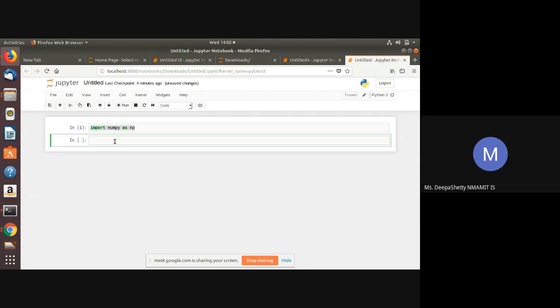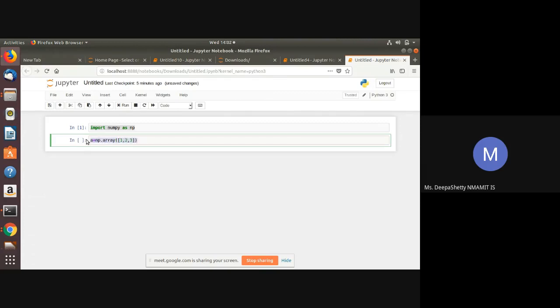Okay, now let us see how to create a simple array using NumPy package. Say if I want to create a single dimensional array A, the command used is A is equal to np.array followed by the elements of the array. So, let it be 1, 2, 3.